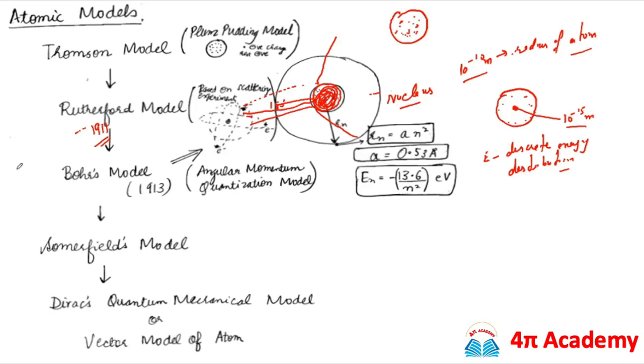Some of the limitations of the Bohr model were explained by the Sommerfeld model, and then the Sommerfeld model was modified by the vector model of the atom. So this is the latest model which we generally use these days. I will discuss all these models step by step. So starting